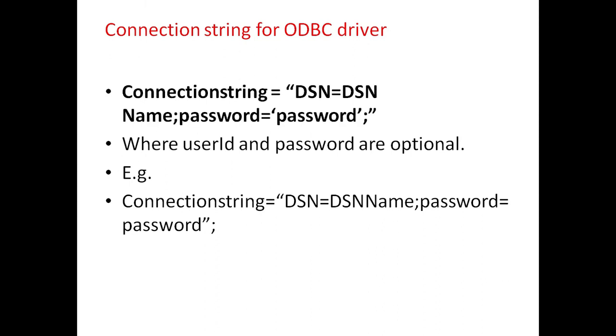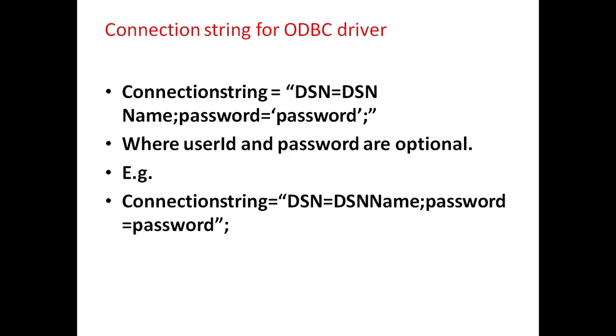If you are making the connection with the ODBC driver, then the connection string equals the data source name. You can create a DSN using the ODBC driver and specify the name here. While creating, if you have specified a password, give your password. If you are using the ODBC driver, whatever backend you use, that is Access or SQL, the commands will be the same. For example, the connection string equals DSN name, password equals the password that you gave while creating the DSN.